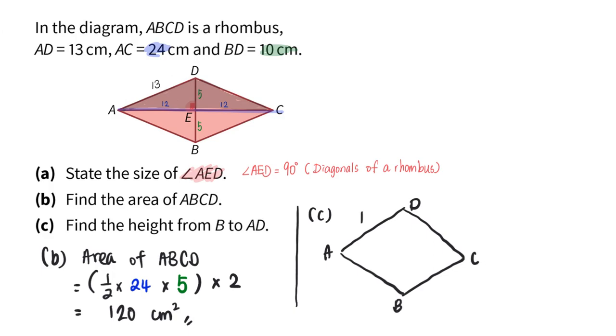And I have 13 here. And they want us to find this height from B to AD, which means that from B to AD, if this is going to be my height,